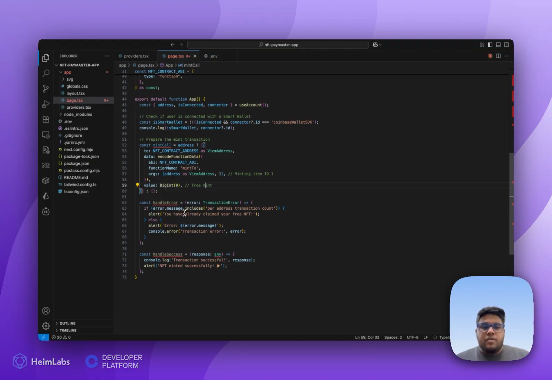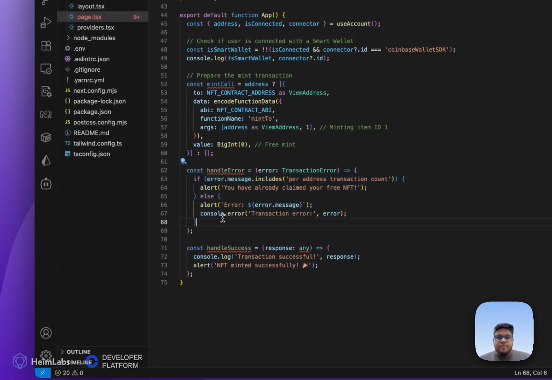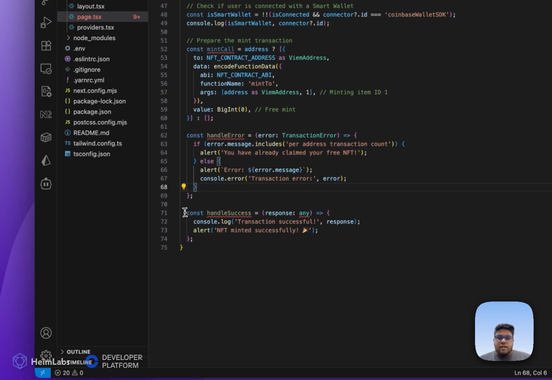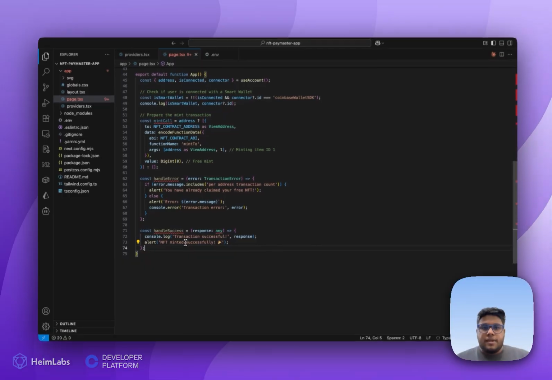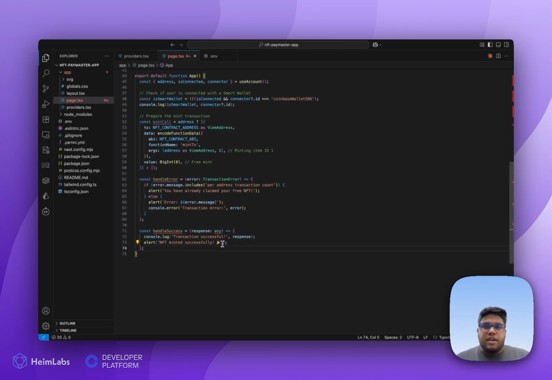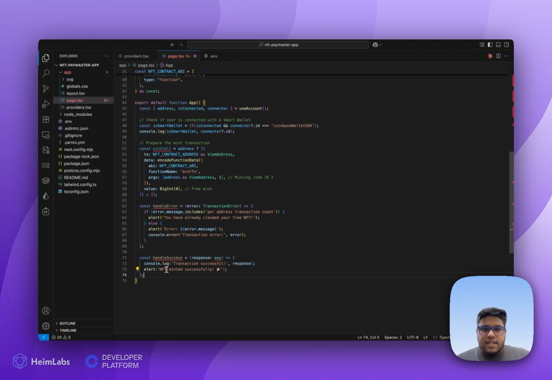Once that is done, we would have the various error imports and success configurations, like making sure we handle the errors properly. So if we have any transaction errors, we get the proper alert messages. And if it's a success, we get a proper console log and an alert as well that the NFT is minted successfully. So now we are done with the main configurations. After this, we'll be setting up our app and styling. So now let's move on to that component. Now that we are done with the various transaction components of this main app function, let's define the return for this app function.